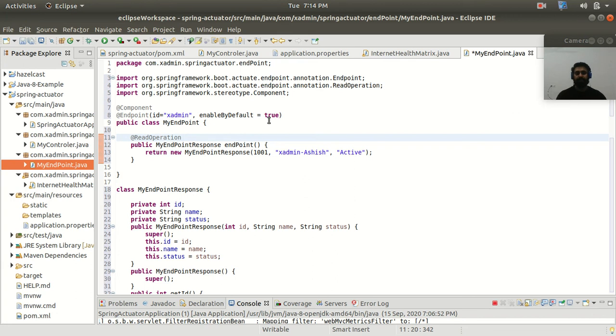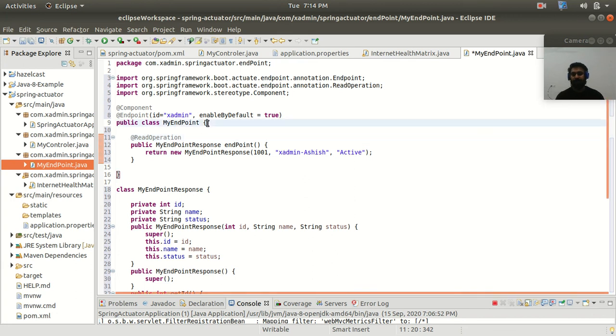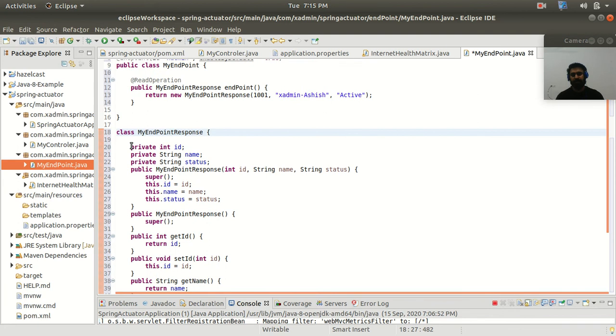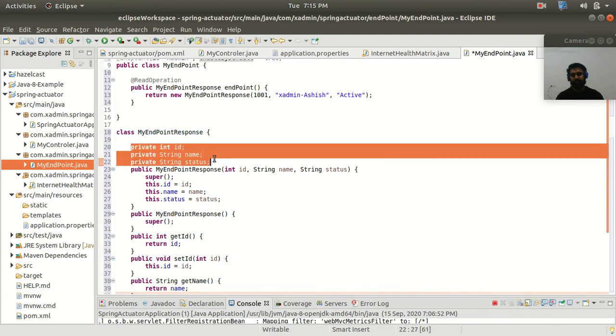So guys, I have created my own endpoint, and here I have marked this with the @Endpoint annotation, and I have defined the name of my endpoint with the ID equal to xadmin, and I have enabled it by default as true. And I have defined my own custom class for the response, and here I am passing the three properties as ID, name and status.